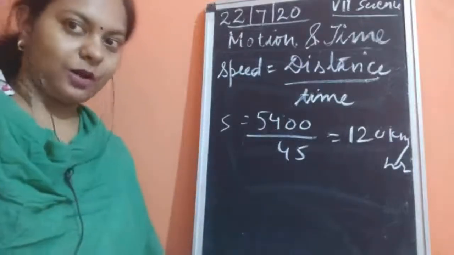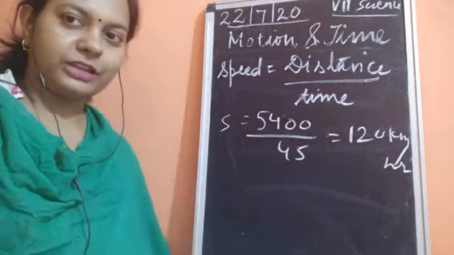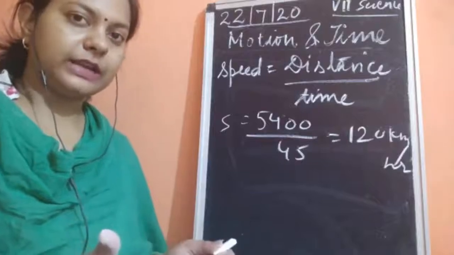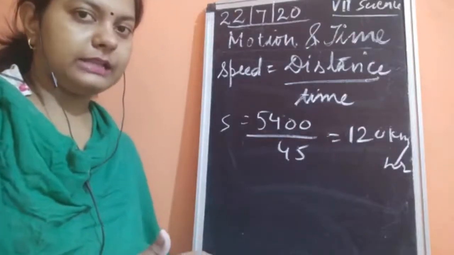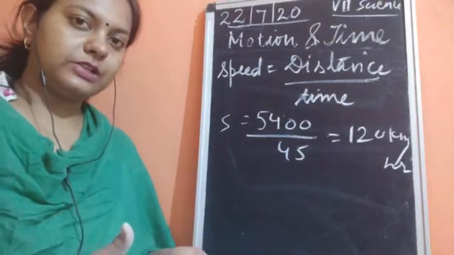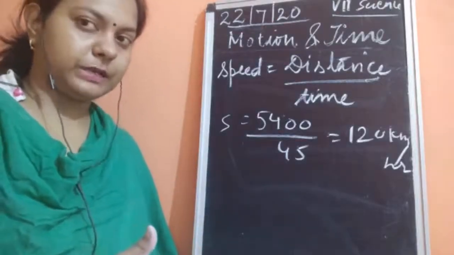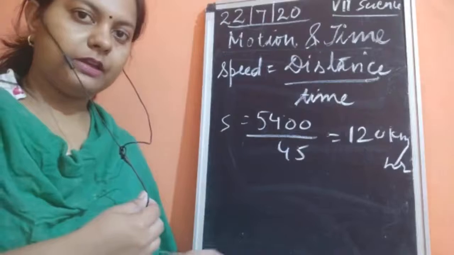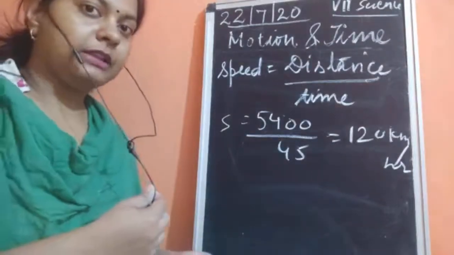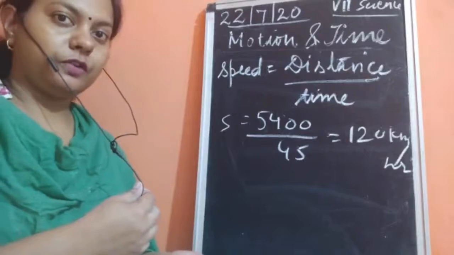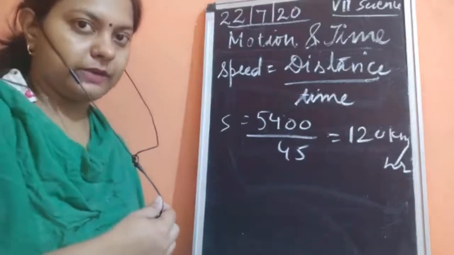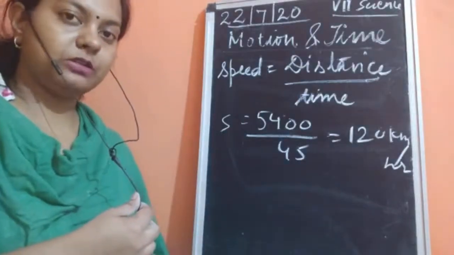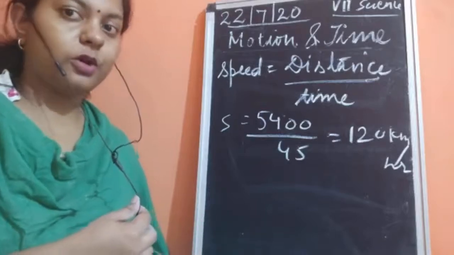So children, we have solved so many questions, and I have taught you how to draw the graph of uniform motion and non-uniform motion. If the graph is a straight line, we can say that the graph is of uniform motion and it shows uniform speed, which means that equal distance is traveled in equal intervals of time. Similarly, if we have curved lines, then this shows non-uniform speed, where unequal distance is traveled in unequal intervals of time. Just by seeing these things, you can easily get an idea whether the speed will be uniform or non-uniform.